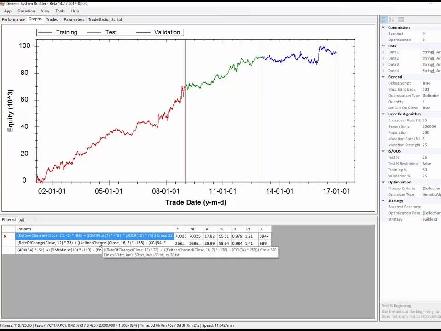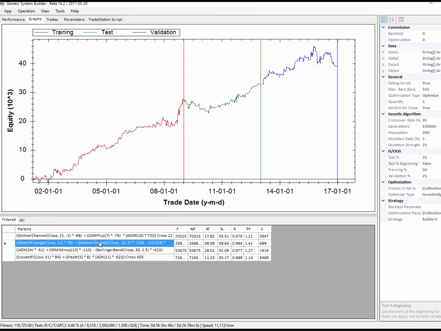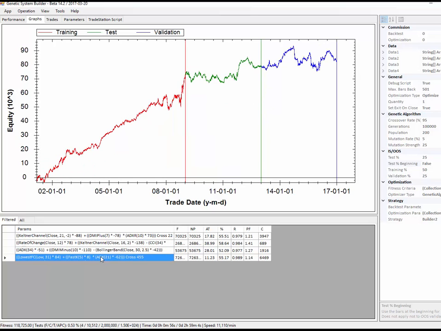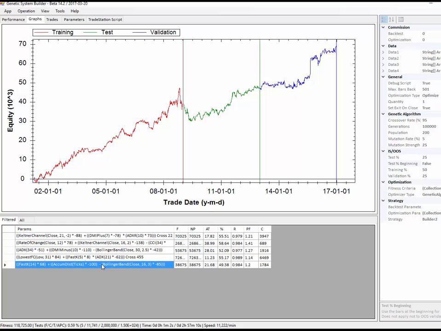here we are, we've got more populating already. So again, not a fantastic system. Another one here, again not fantastic, and again not at all good. So more and more systems have been populated,